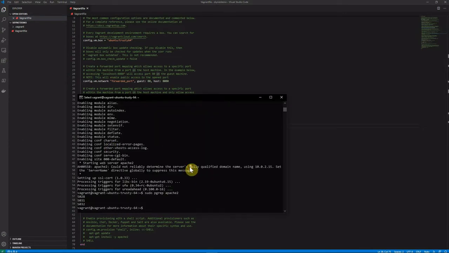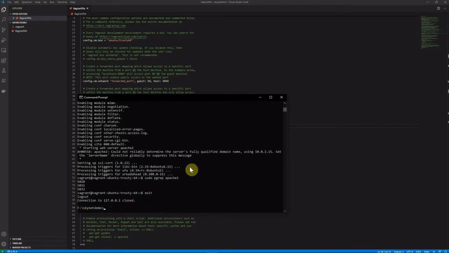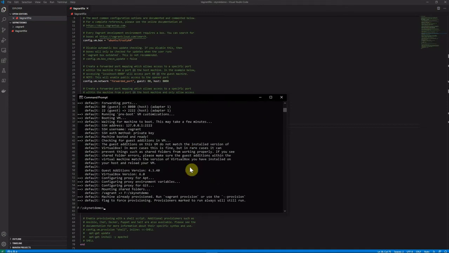Hope you remember after completing this we need to reload. So let me exit from this server. I need to use vagrant reload. Whenever you make any changes to the Vagrantfile, you have to do a reload.